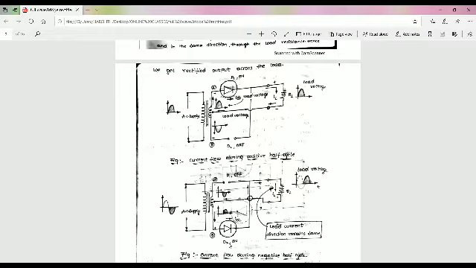The full-wave circuit essentially consists of two half-wave circuits. Only half wave, only diode D1. Only one diode is used in a half-wave rectifier. So in this, two half-wave circuits work independently of each other but feed a common load. The output load current is still pulsating DC. This is not a pure DC.